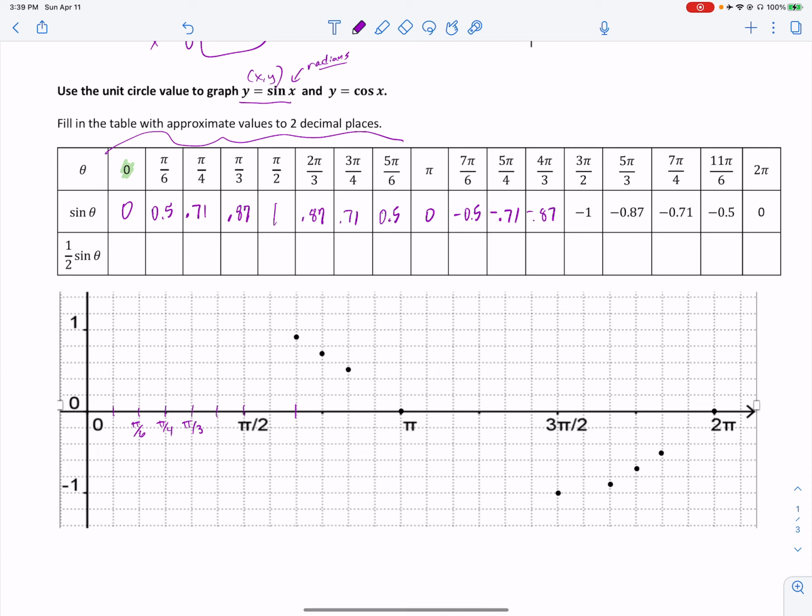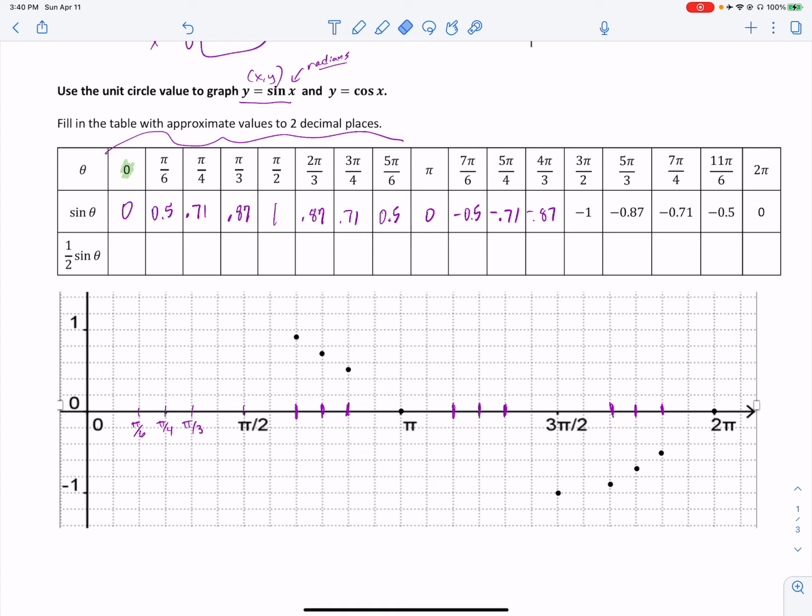So after pi halves, the 120 degrees, or 2 pi thirds, is here, 3 pi fourths is here, 5 pi 6 is here. After pi, 7 pi 6, 5 pi fourths, 4 pi thirds. After 3 pi halves, we're going to be at 5 pi thirds, 7 pi fourths, and 11 pi sixths, and then 2 pi. And so they're going by increments of 15 degrees or pi twelfths. So we're not going to use every